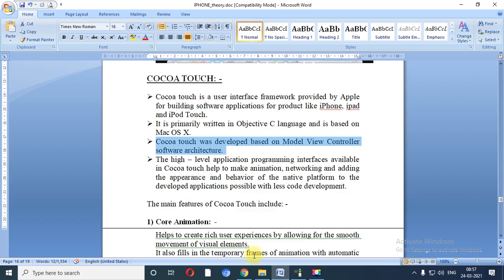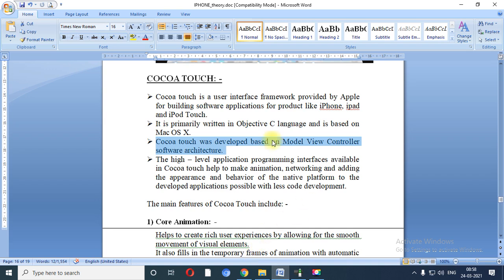That means using the Cocoa Touch framework, you can create applications based on animation, applications based on networking. You can change the behavior of the developed application. So all this is possible with Cocoa Touch. So let us refer to these four points once again.